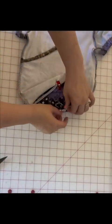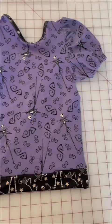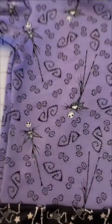Then I'm going to go ahead and take my band and put it inside my top. Make sure both of the back layers are together and that you have everything lined up the way it's supposed to be. And now we're going to turn it right side out and we